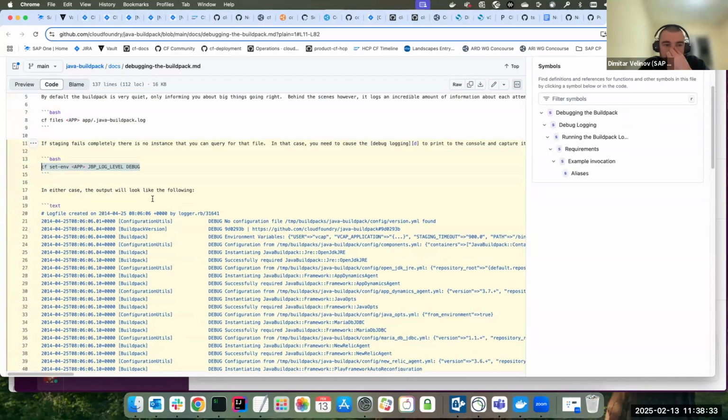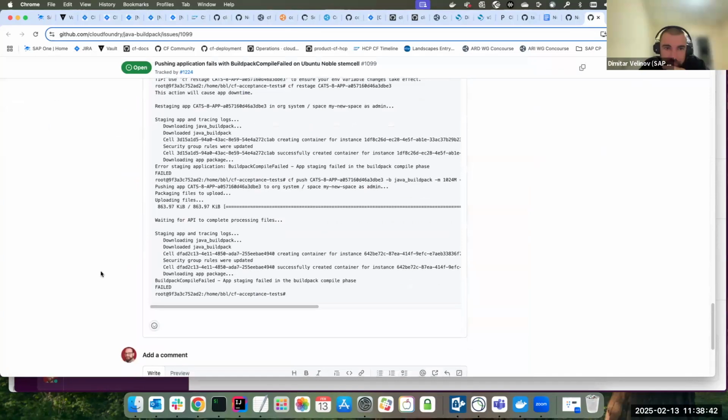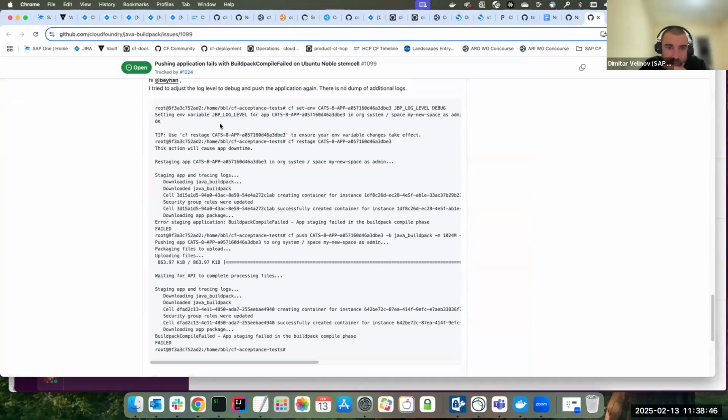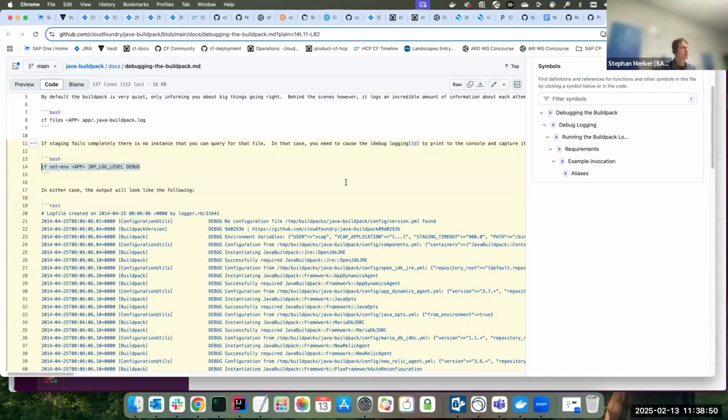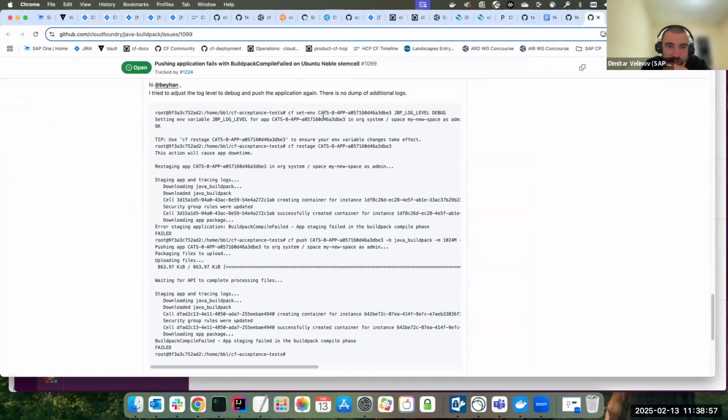What I did is paste the output in the issue itself, where I'm changing the log level and then restaging and trying to push again. Here is the first line, the JBP log level. I'm not sure if I'm doing the correct thing.